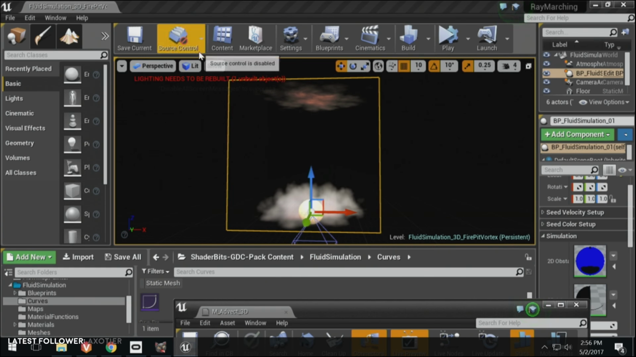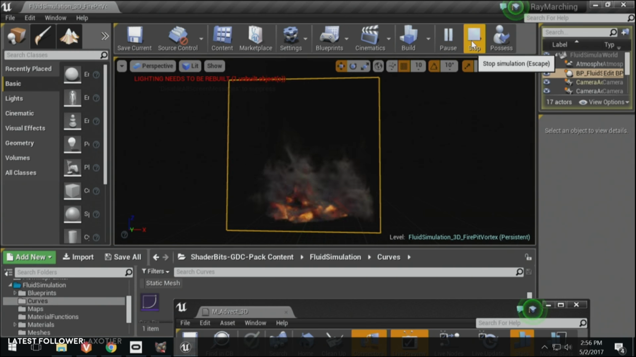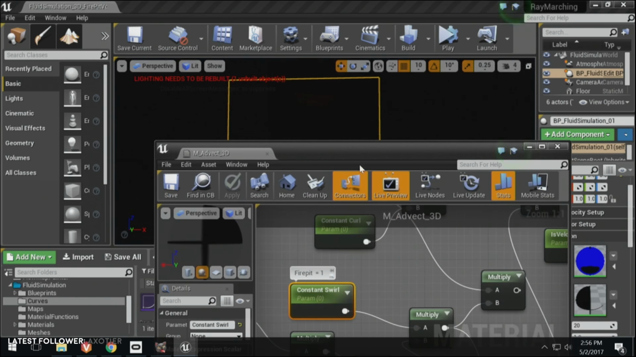I like the name. It's good. Well, curl was taken, so. If we play this without it, you'll see we just have this kind of emitting fire randomly going in all directions. It's very violent. If we add constant swirl,